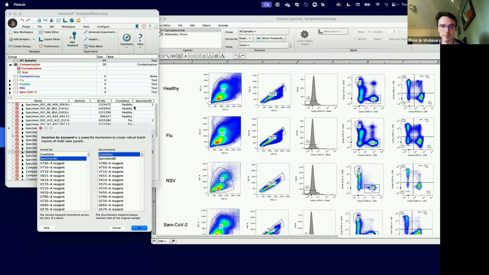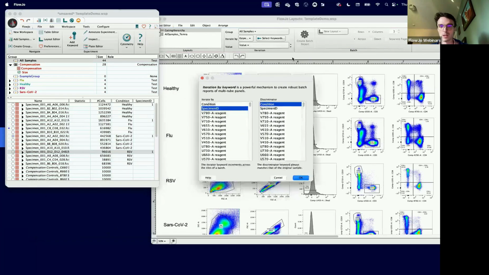My condition keyword will tell me, okay, if it has the healthy condition, load it into this first row. If it has the flu condition keyword, load it into the second row. If it has RSV, load it into the third row, etc. And so that's how we're going to use this